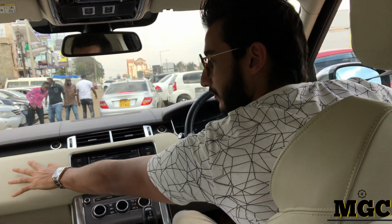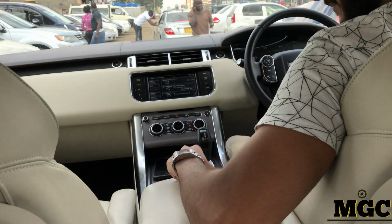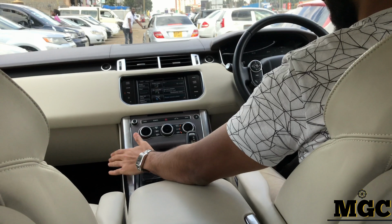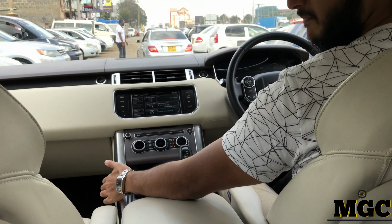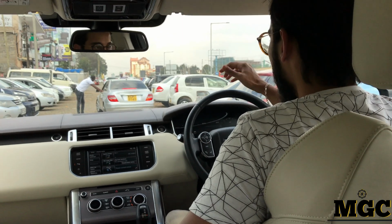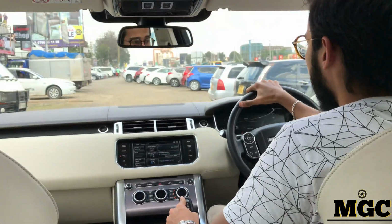Most of everything that you see is actually covered in leather, and I like that. They've not skimped out. There's no plastic. Most of it is leather, or good materials. I do believe this piece is plastic, so that's not ideal, but material usage is quite good in this car. So, spending $100,000 or so on a Range Rover Sport,